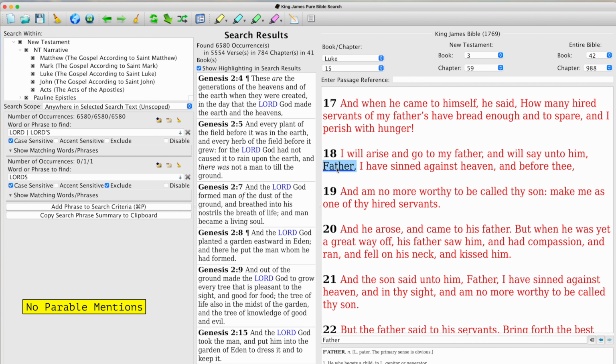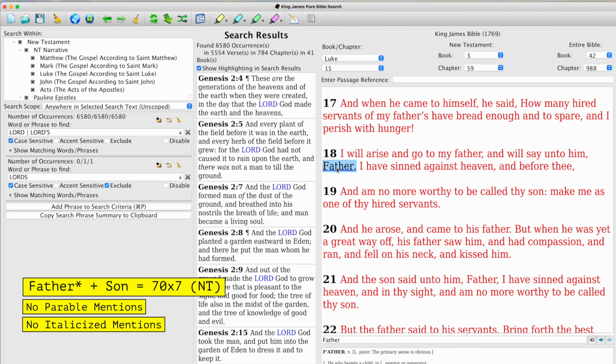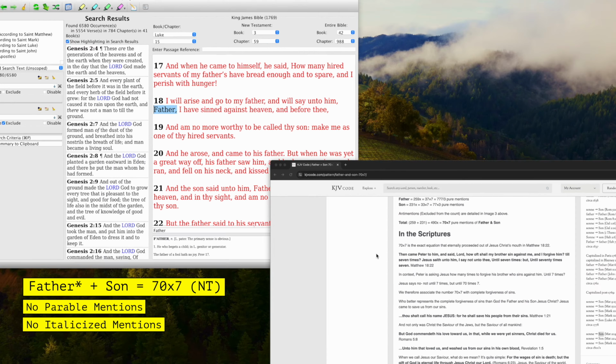The thing about the King James Bible is that the scholar would also say the same thing about italicized mentions, right? So if you see Father in italics, well, that's not actually in the original language, that's just in English. But the problem with that is if you were to exclude all the mentions of Father italicized and Father in parables, you end up with 70 times 7 mentions of Father or Father's, the apostrophe, and Son in the New Testament. You can find that on the site if you simply